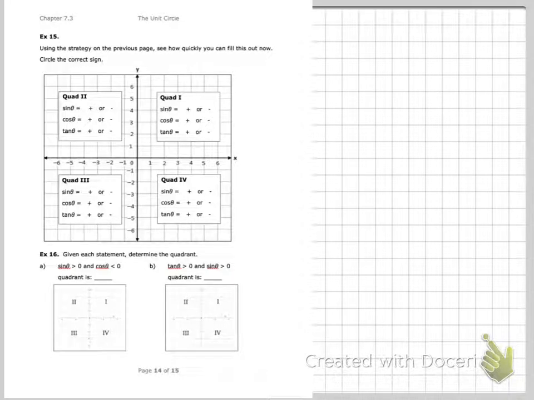Okay, just a recap of what we've been looking at. We are in chapter 7.3, the unit circle. These are pages 14 and 15. So real quick,